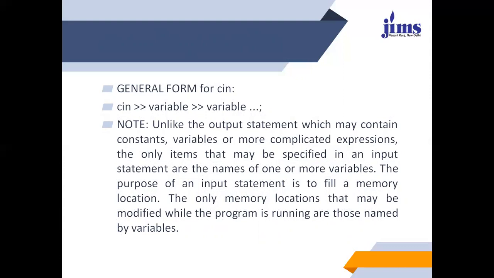C++ uses a standard library that defines a handful of stream objects that can be used to access what are considered the standard sources and destinations of characters by the environment. So cout is the standard output, and in most program environments, the standard output by default is the screen, and the C++ stream object defined to access it is cout.